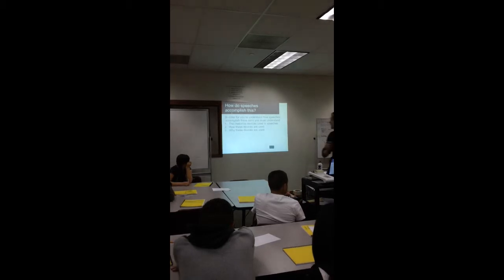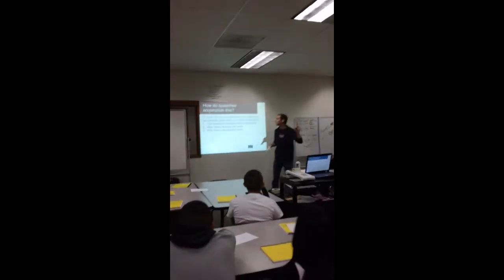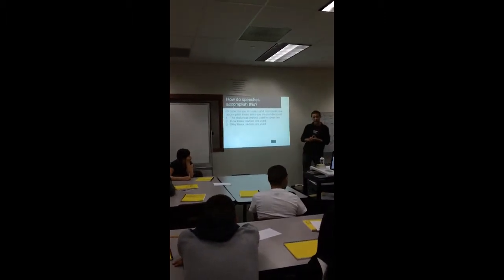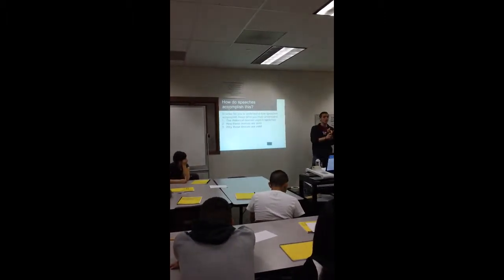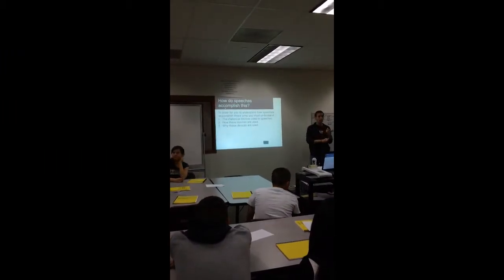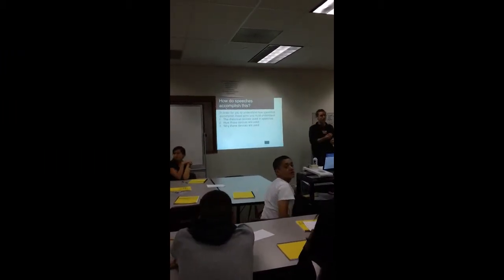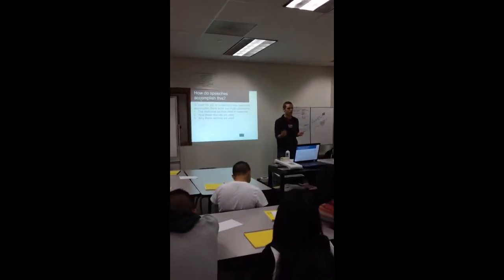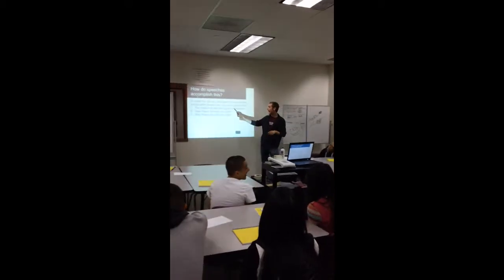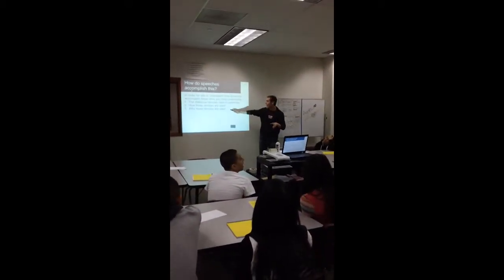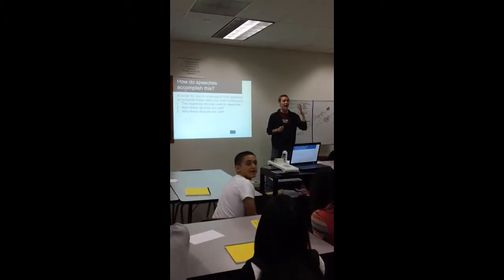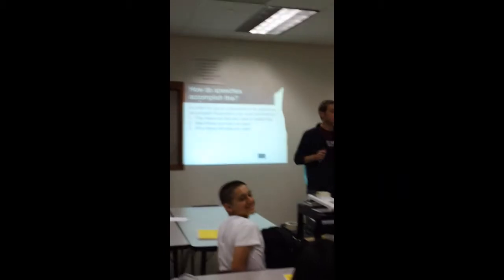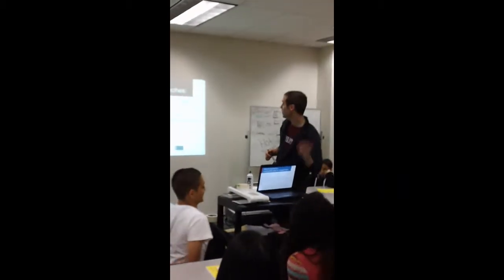Okay, so how do speeches accomplish those 3 things? Okay? In order for you to understand how speeches accomplish these aims, you must understand, number 1, the rhetorical devices used in speeches, okay? So that means like what they're saying, what words they're choosing to use, the emotions that they're bringing out in people, okay? Those are the rhetorical devices. How these devices are used, and then why they are used, okay? So we're going to look at how and why these rhetorical devices are used, okay? And we're also going to look at what they are specifically, okay?